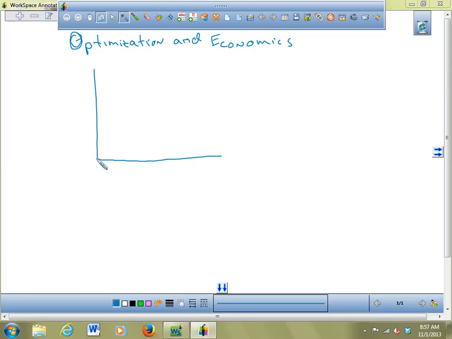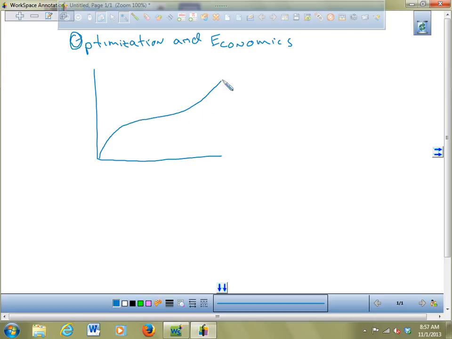Based on the idea in business that if you start a business, your cost equation, in a kind of ideal situation, might look something like this, where this is your cost, C of X, and that's equal to the cost per unit or thousands of units or something like that. And the reason that your cost equation looks like that, and I had to look in the book to see why,